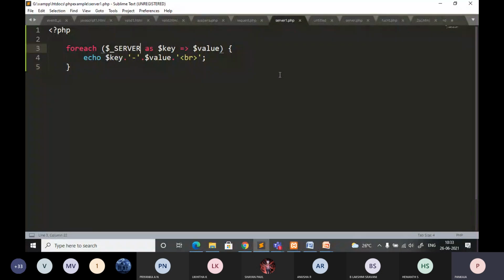If you don't want to display all the information and you are very specific about a particular detail, whichever data you want, you can specify it in the square brackets and you will be able to fetch only that information. Just save it, go back to the browser and check it. Are you able to access that?